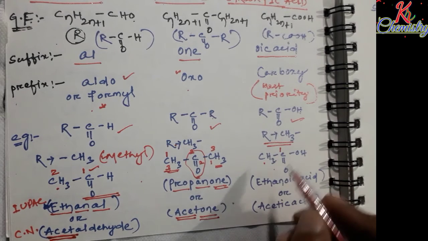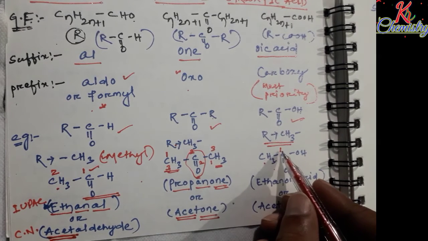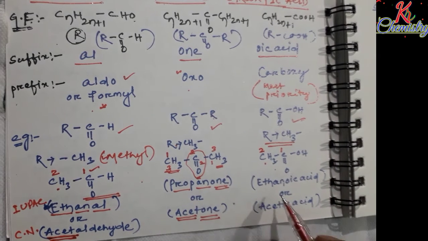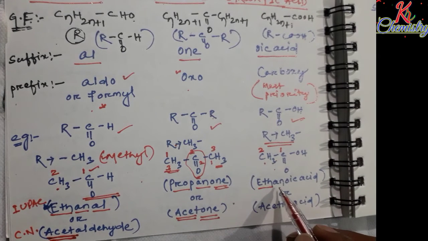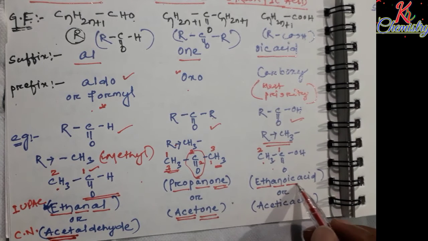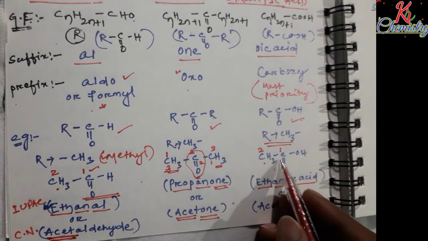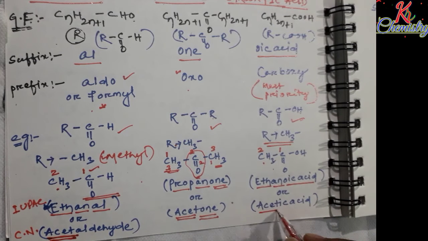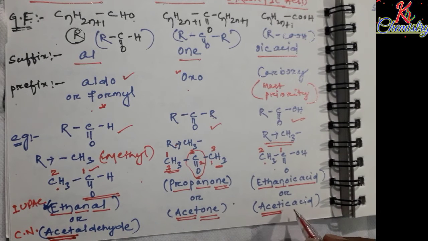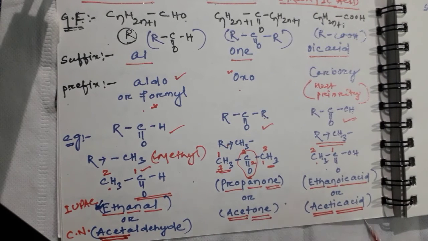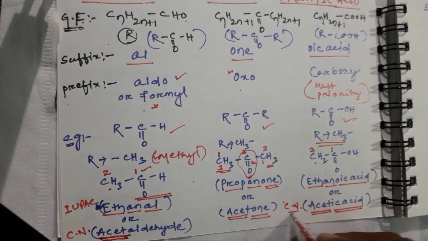Here we can use R as CH3 and the compound is CH3COOH. This functional group also contains a carbon atom, so naming starts from this side, C double bond OH, and here the carbon count is 2. So the word root is eth. "An" is the primary suffix for the single bond, and "oic acid" is the secondary, functional group suffix. Likewise, there are two carbon atoms, so acet is the common name word root. Then this is a carboxylic acid, so "ic acid" is used here, and the common name is acetic acid.